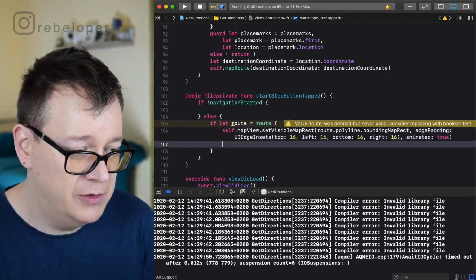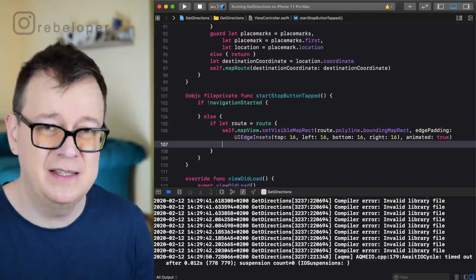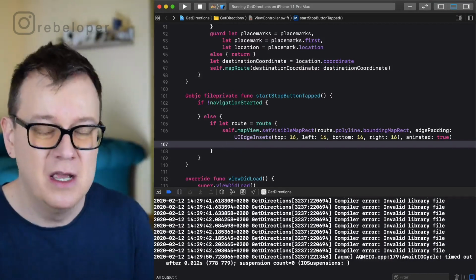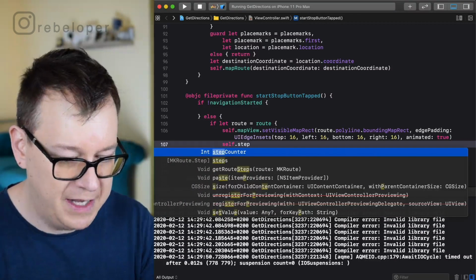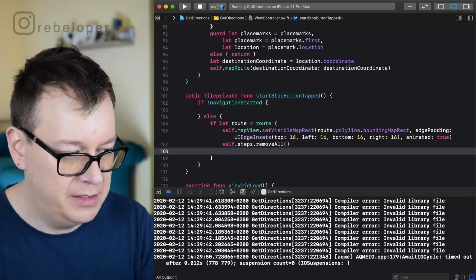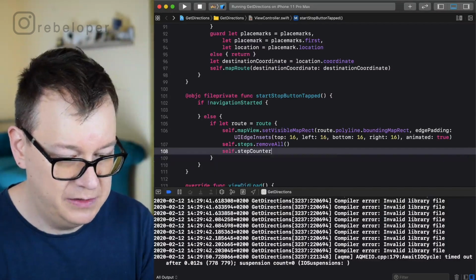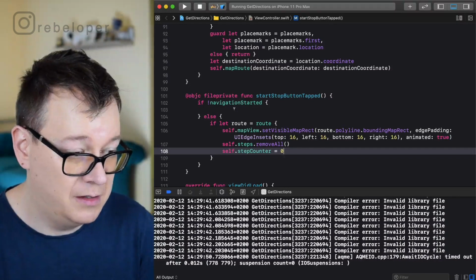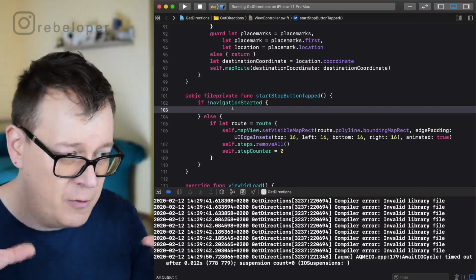Okay, what else do we want to do? Well, we want to kind of set everything up to the starting stages. Well, I won't do this really in depth. You have to take care of that. But currently what I want to do is just simply for the steps, I want to remove them. So self steps, remove all. There we go. And I just want to set the step counter to 0. So self.step counter equals 0. Okay, so that's when we are done. And let's just move forward and